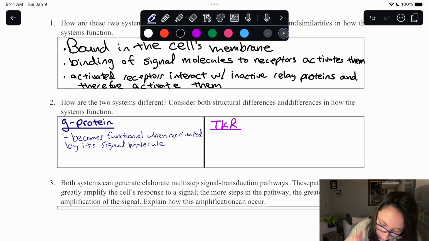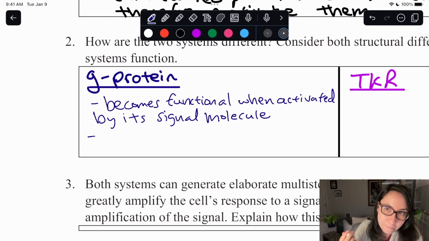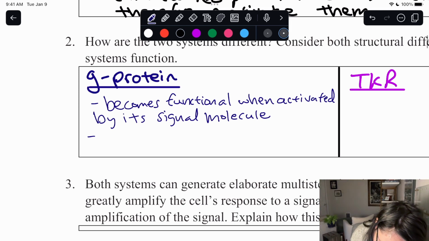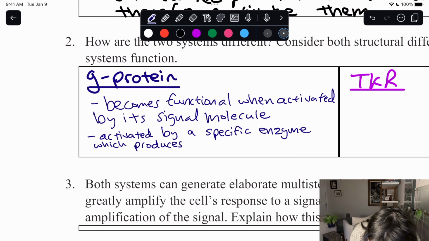Another thing about the G protein is that, let me make a little dash here, and if you want, I'll just zoom in a little bit so that's easier to read, since I think it's a little thin on my end, is that it is activated by a specific enzyme which produces cell response. And then the last thing I'm going to add down here is a little bit of a tie-in to OChem, just a tiny bit,